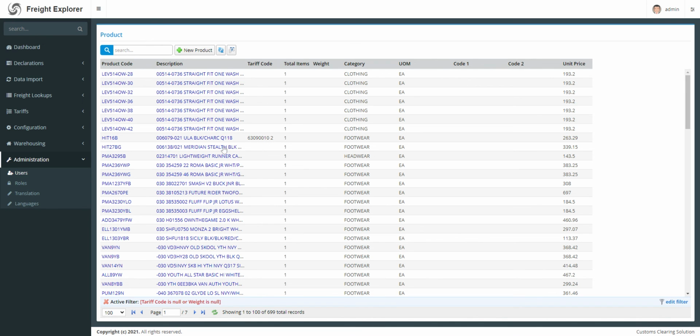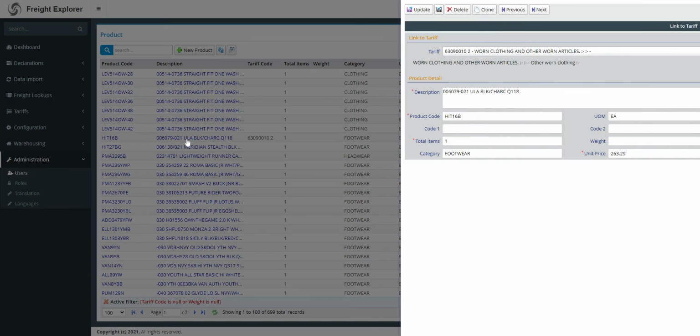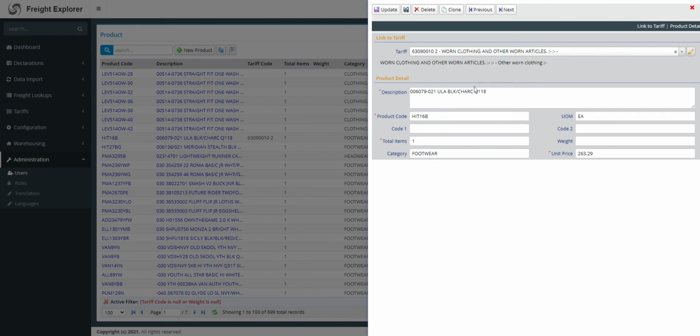So in this particular case, as you can see, the reason why this one with the tariff code is showing is because our query says OR. So because there's a tariff code but the weight is not there, we are going to see it. So if we go to that particular one with the tariff code but without a weight,